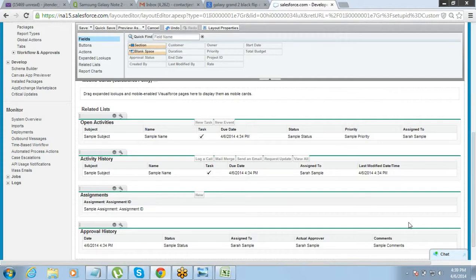But if we make a field required on the page layout, then what happens? That field is required only if the data is being entered through that page layout, right? So if someone tries to do a backend upload for the data from data loader or something, then that field will not be required. It will still accept data without that field value. Subhajit, clear on that part?